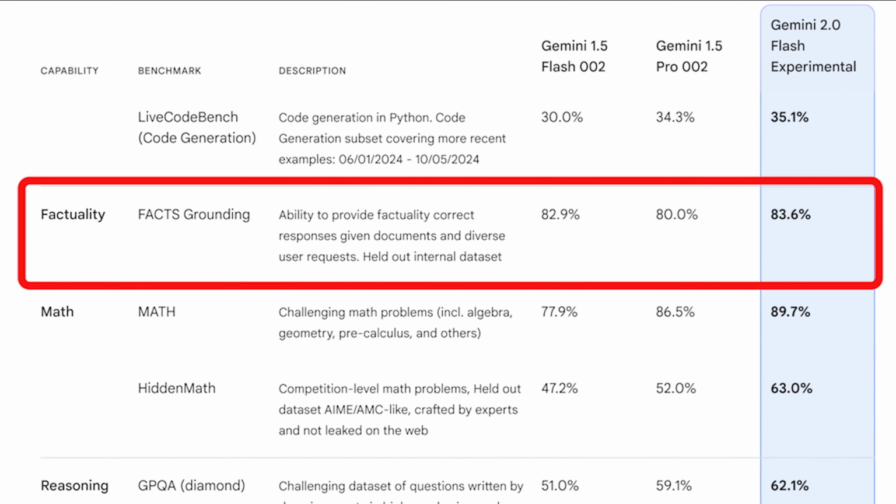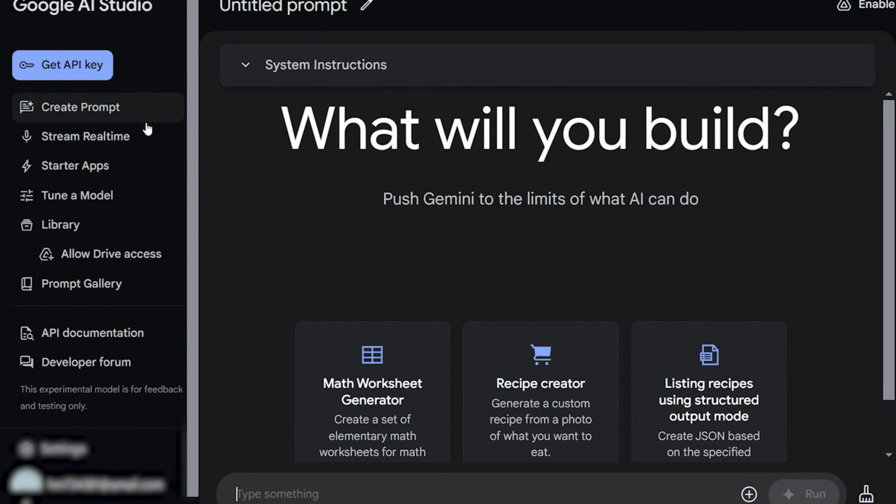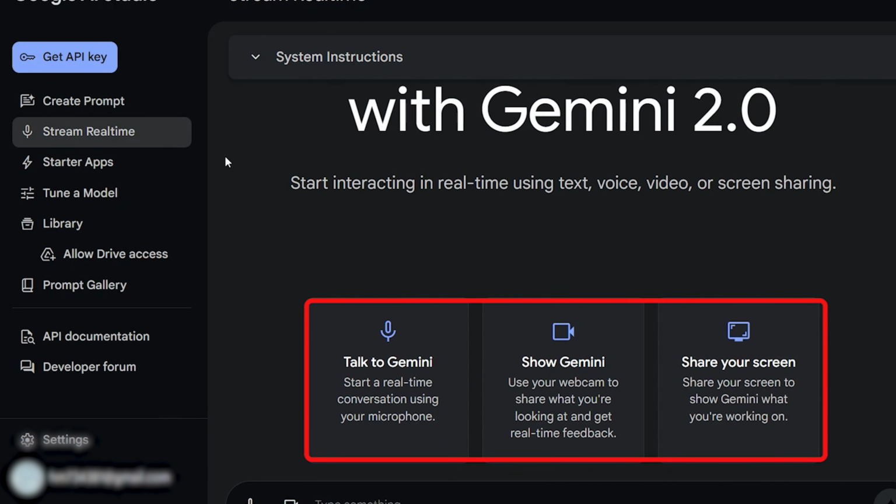Lastly, for factuality, the model achieves 83.6% accuracy on facts grounding, ensuring more correct and reliable responses when presented with documents and diverse queries. This is AI Studio by Google, where you can actually try out the new Gemini 2.0 Flash model for free. On the left side, you'll see different sections, including the Stream Real-Time feature they've introduced. Here you'll see that you can interact with Gemini, show it your webcam, and, as you have seen earlier, share your